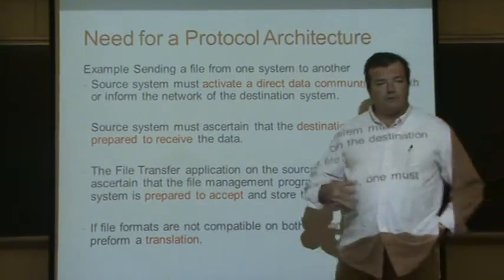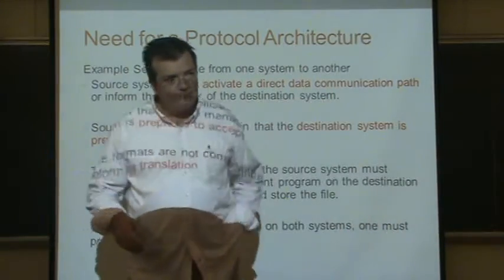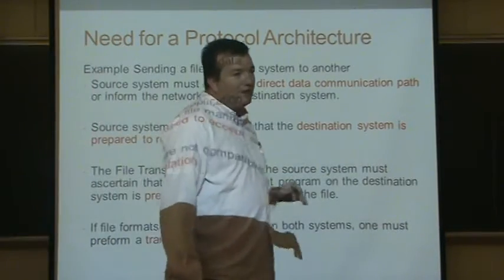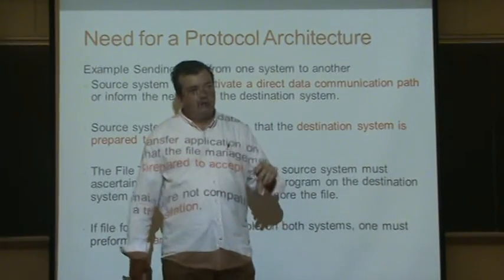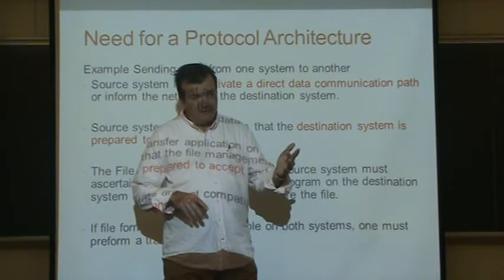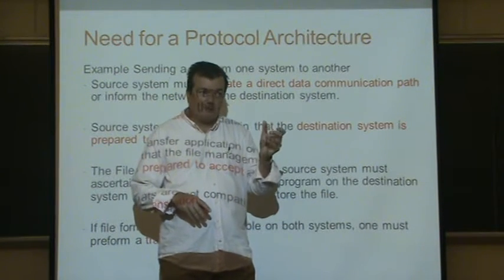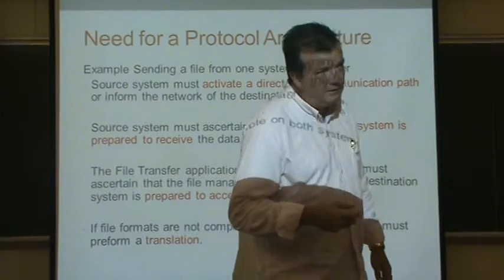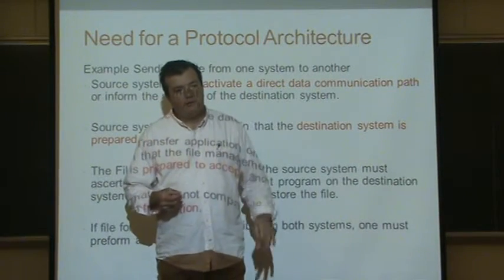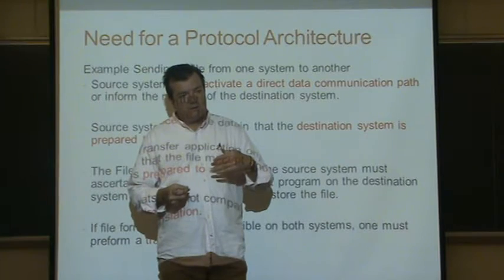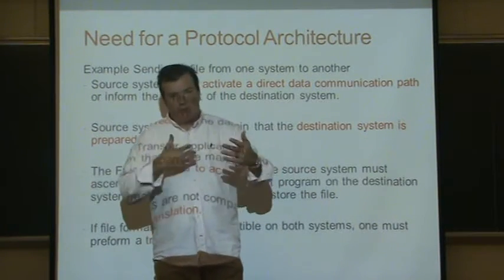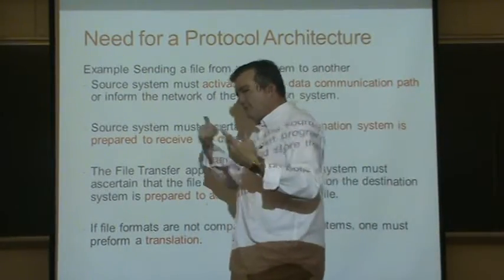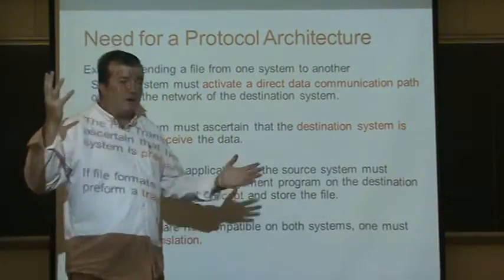A protocol is a way for different machines to communicate with each other. It's kind of like, if I call you on the telephone and I dial your number, your phone starts to ring, you answer the phone, you say hello. So I wait for you to say hello, and then I say hello, it's me. I would identify myself, and then you would be ready to hear my message, and I would tell you what the point of my phone call is. And then we go back and forth, and eventually at the end of the phone call we say, okay, goodbye, and we hang up.